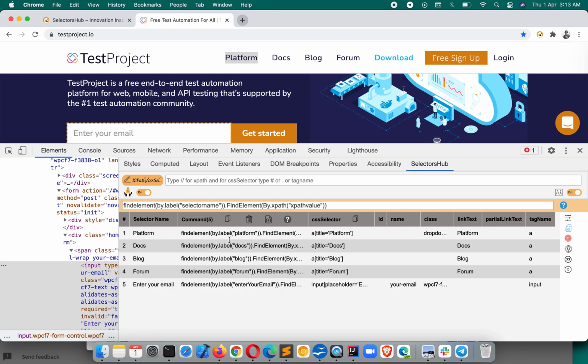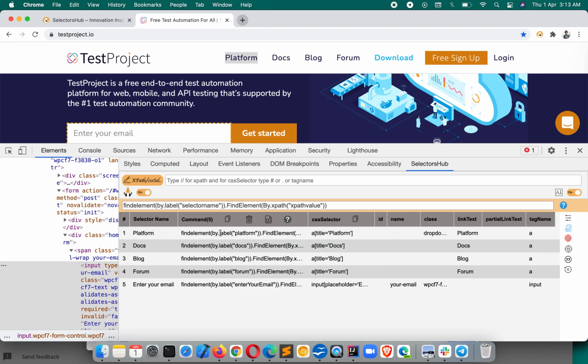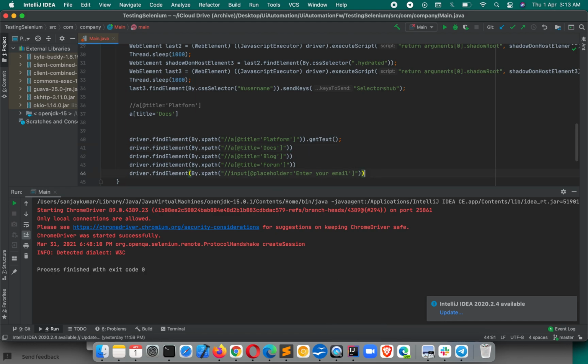So the key-value pair, if I copy this value here and paste it here, let me show you what that means.